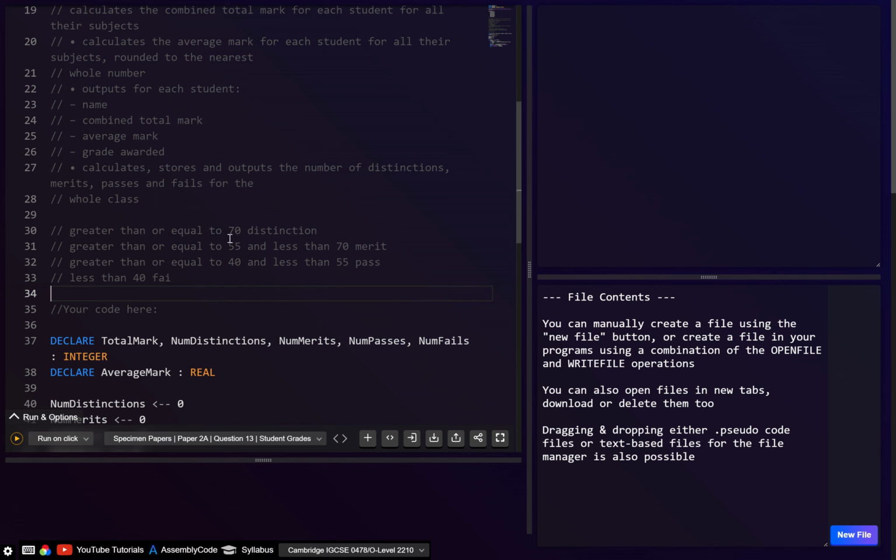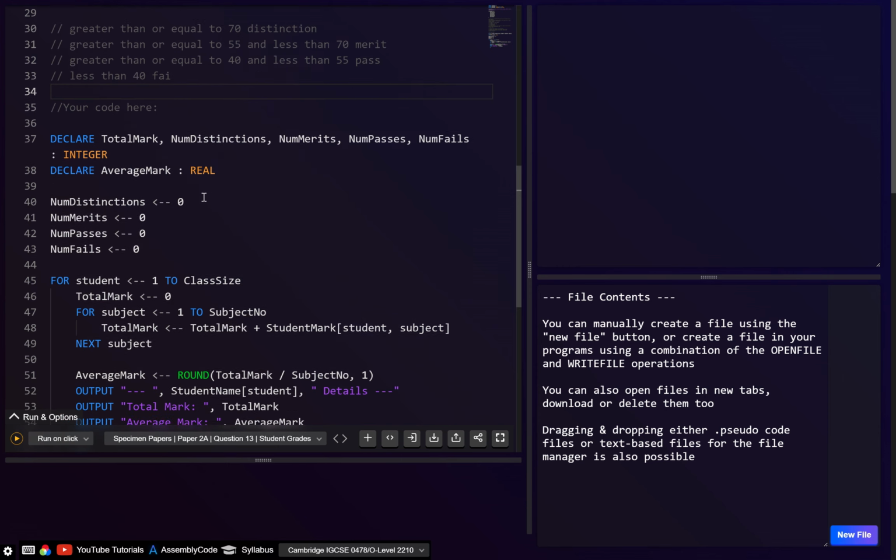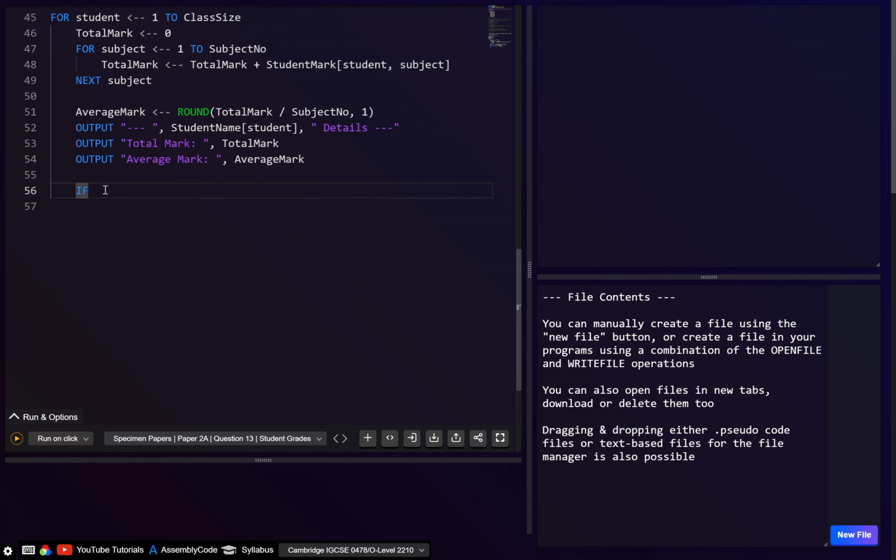Right, so we could have an if statement, if average mark is greater than or equal to 70, then we just increment the number of distinctions, then we have an else, then we have another if. So we could do that, or we could do a case statement. Probably here it's going to be easier just to do a case. So let's go case of, this will be average mark, and then let's just go end case. And then what we're going to want in here,